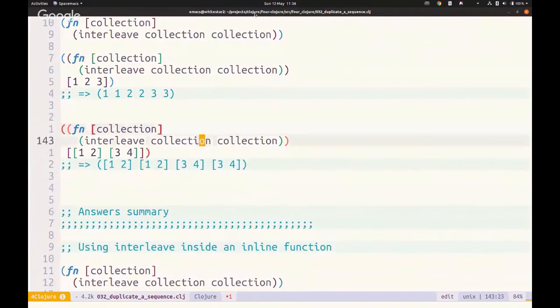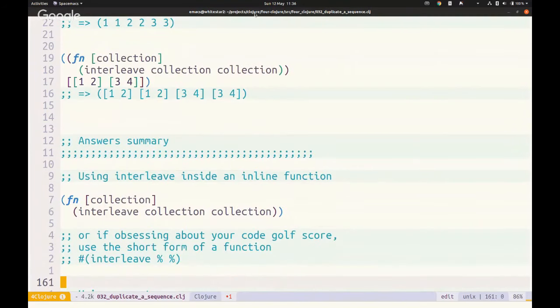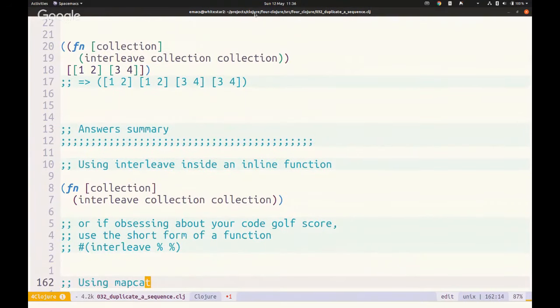And then if we do that with the nested data structure, then we've got this collection coming in, and we've got duplication of all the sub collections, or the subsequences in here. We get the results. So we can use interleave there as well, or we can use mapcat,